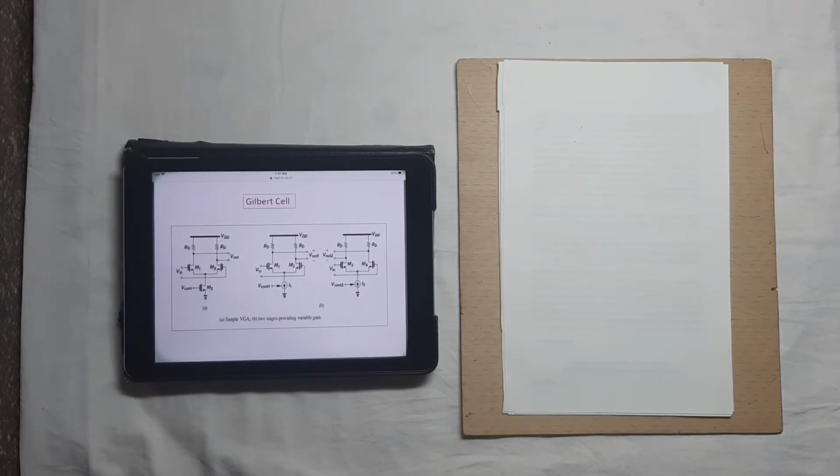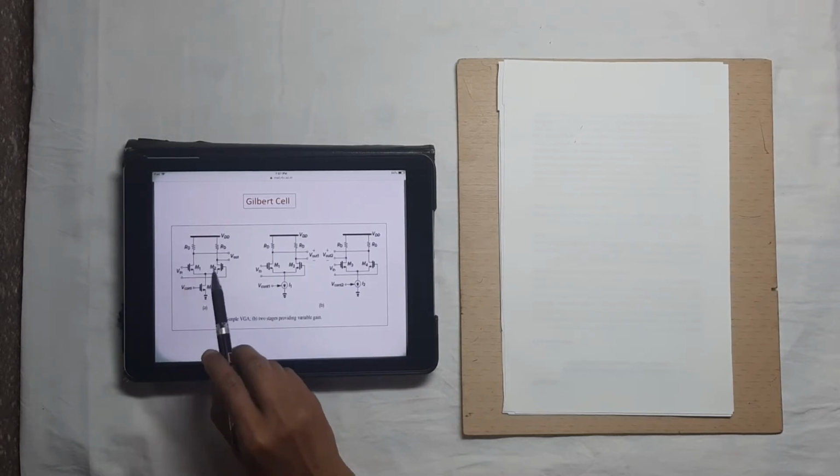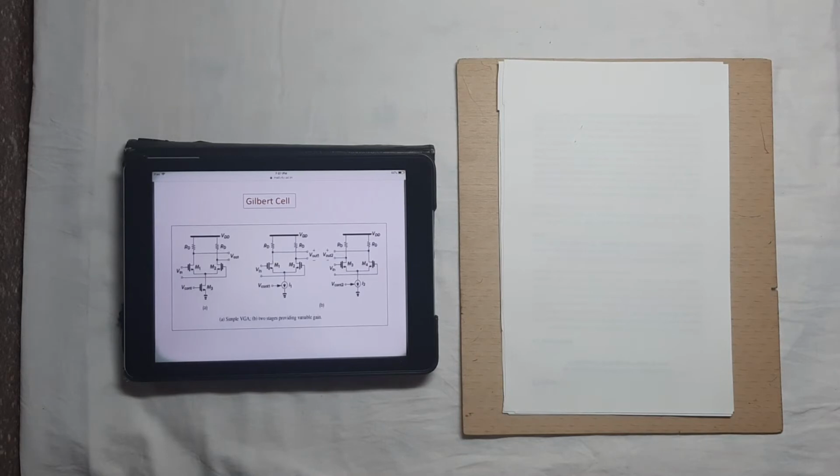That is one aspect. Another aspect is that the two transistors in a differential pair provide a simple means of steering the tail current to one of the destinations. These two are the differential pair transistors. They provide a simple means of steering the tail current to one of the two destinations. By combining these two properties, we can develop a building block.